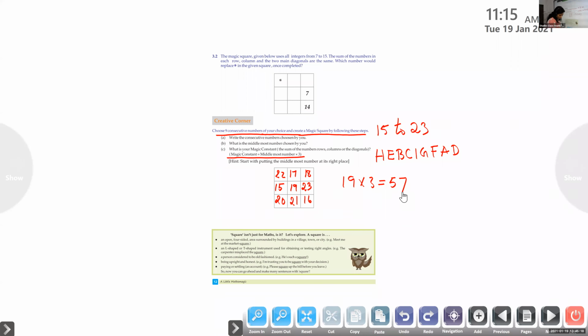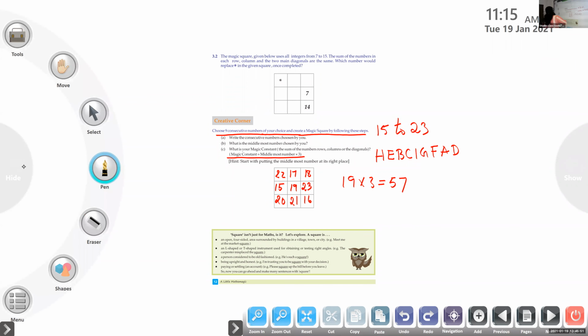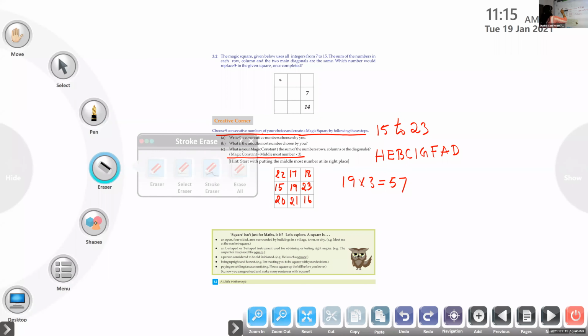We have completed one, and the remaining we can complete later, after this week, because we have to finish the chapter. So today we start with the new chapter. Is it clear to you? If anybody asks you to find a magic square, you should not say you don't know. You can use this method. For a 3 by 3 magic square, it is useful if it is consecutive numbers. Usually 9 consecutive numbers can be filled in this. So we'll stop here and start with the new chapter of our mathematics.